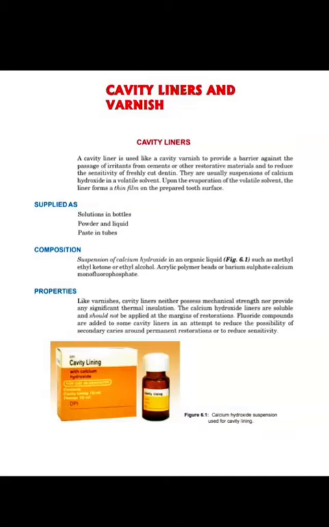So we will apply the cavity liners at the margins of the restorations, and we can incorporate fluoride in the cavity liner. We know that fluoride has an anti-cariogenic property. Anti-cariogenic means the property which will prevent caries. So a cavity liner with fluoride will prevent caries. Fluoride-releasing calcium liners are very useful for preventing secondary caries.